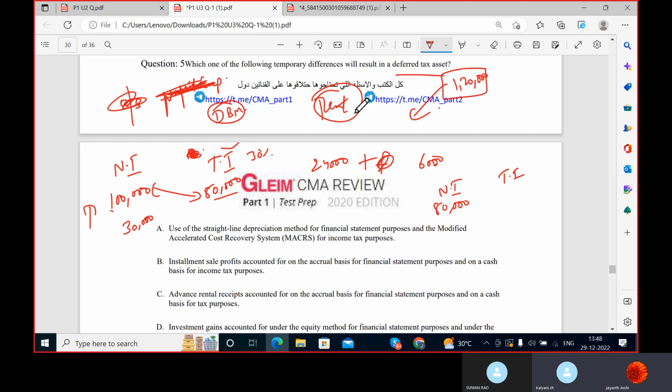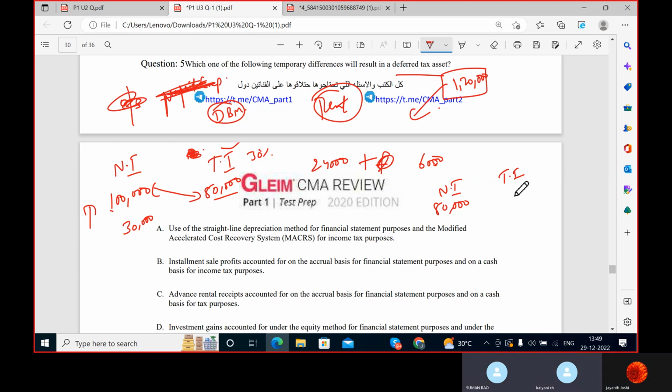Or let's say next year's rent you got in the month of December or something. Whatever you got in advance, you are showing here immediately. Here you will be showing the later part next year, maybe. So because of that, differences are getting created. This will be high, this will be low. At times, this will be high, this will be low. That is the reason only the deferred tax asset and deferred tax liability is created.